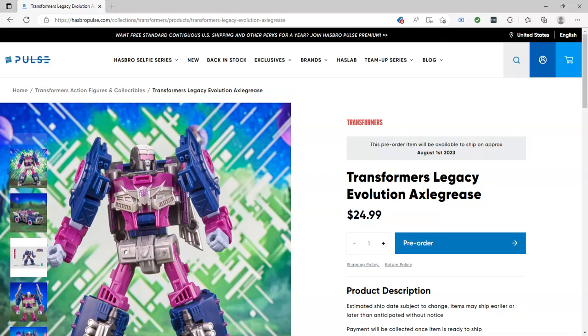I think they should have put in a more interesting figure, because I know we're supposed to be getting a Bludgeon. They probably should have put Bludgeon there. That would have been better, even if Bludgeon is a repaint, remold of Skullgrin, I don't care. That would have been more interesting, because, as I said before, we've only had 2 Junkions so far, and I'm